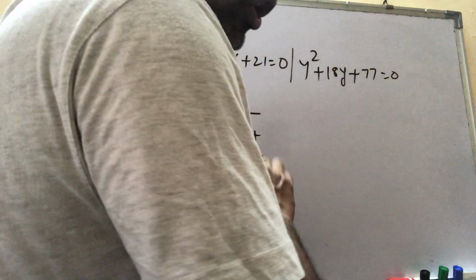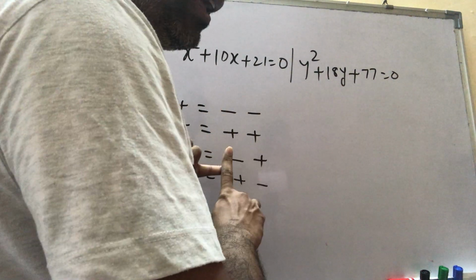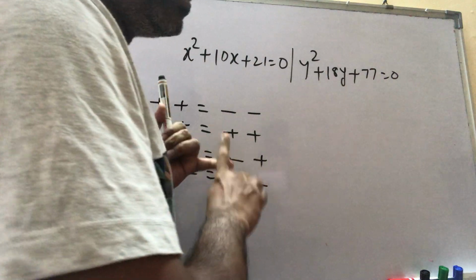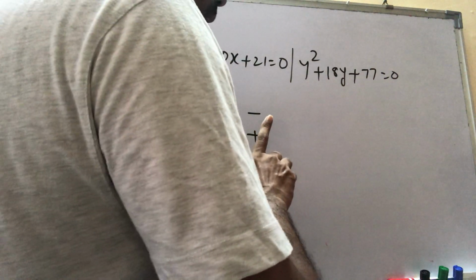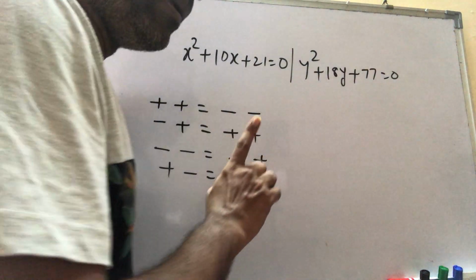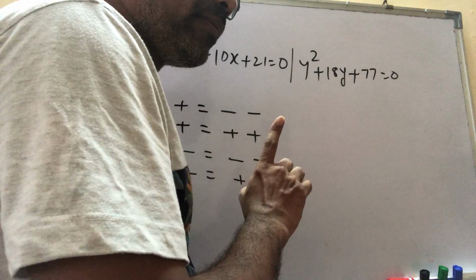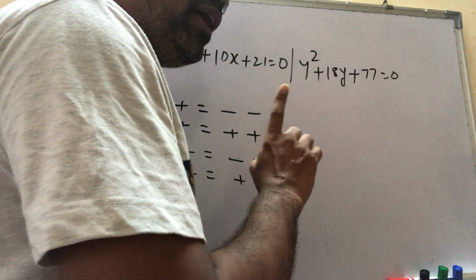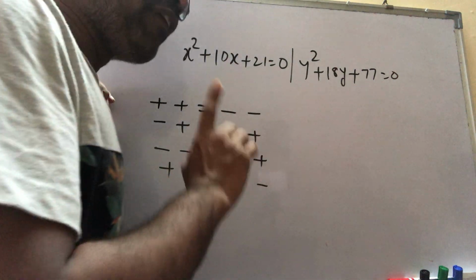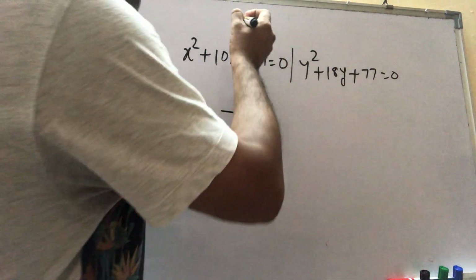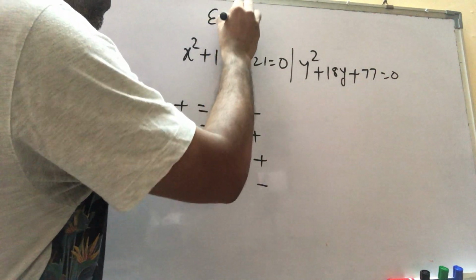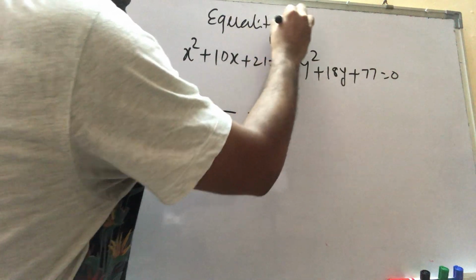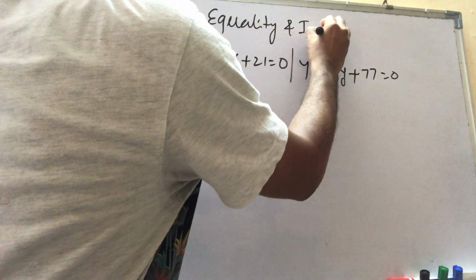See, today we are going to learn equality and inequality, which is also called what? Quadratic equations. Again, this topic is very important, 5 questions for 5 marks. In every PO exam, this topic is for 5 marks. So please, the name of the topic is what? Equality and inequality.